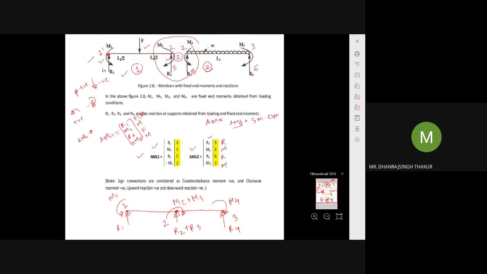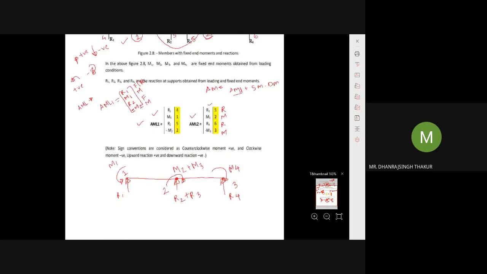Okay, from the above figure, this step of superimposing is done. But what do we have to find out? We have to find out the AE matrix, that is the equivalent joint load matrix. What do you mean by the equivalent joint load matrix? Equivalent joint load matrix means it is the equal and same load but in the opposite direction. Equal load but in the opposite direction. That is the equivalent joint load matrix. Actual load but in the opposite direction.